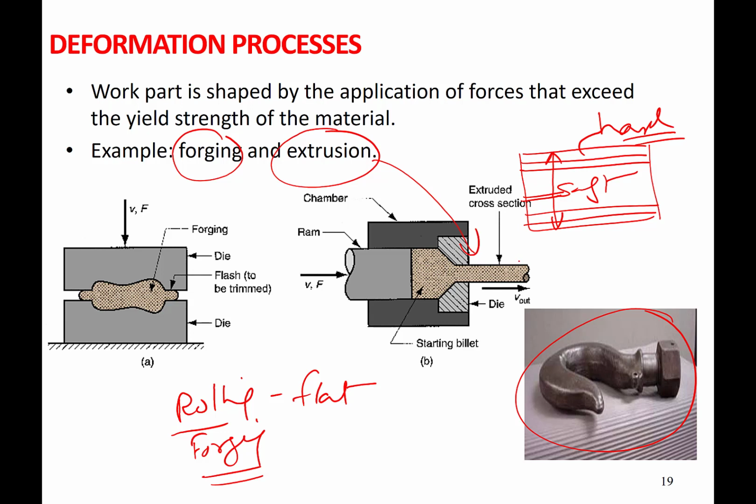This is a solid state process. Only the metal is plastically deformed. There is no melting. The metal raw material is solid. You keep on applying the force using the die, so the metal will keep on changing its shape like this. So it's a sequential process. Initially, you force the material using one die, then another die, then another die, until the metal takes exactly the shape that you are looking for. It's solid state deformation only. There is no melting.